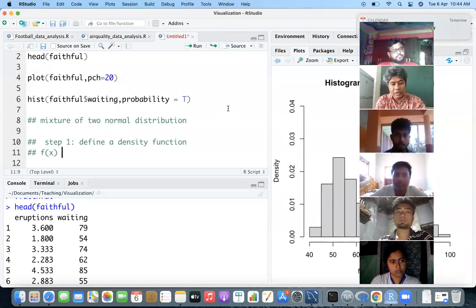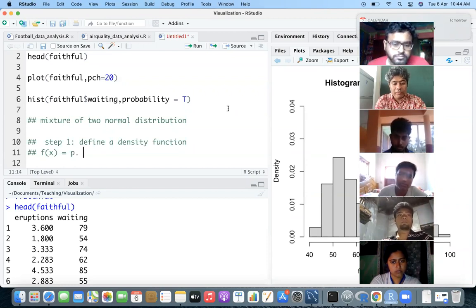f of x equal to some p times PDF of say f1(x) plus,